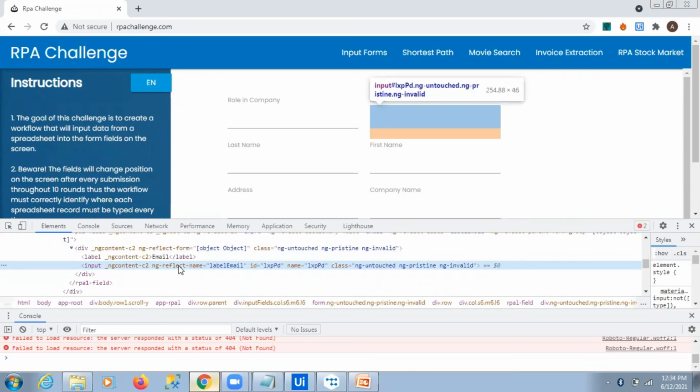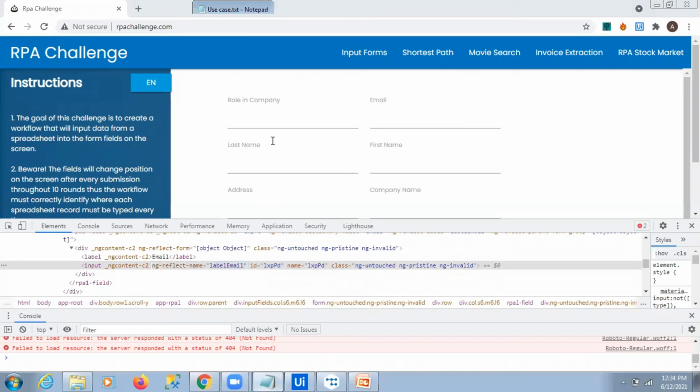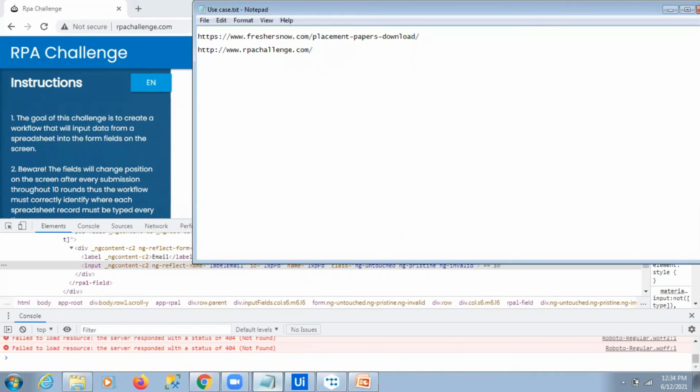In this scenario, you can double click here and copy the label name of the CSS selector. If you're not able to understand, just open your notepad.